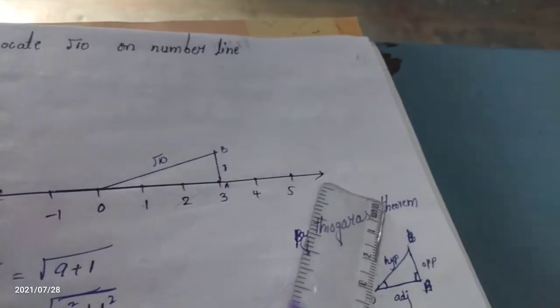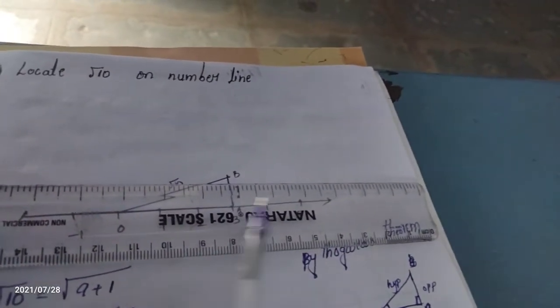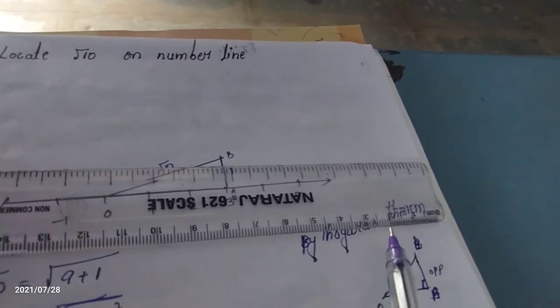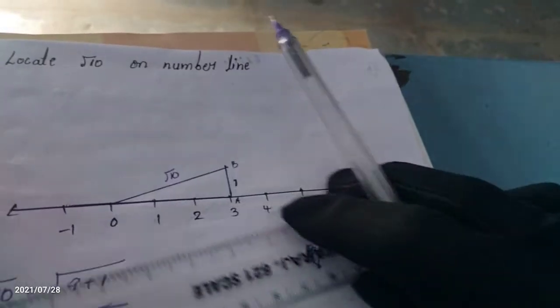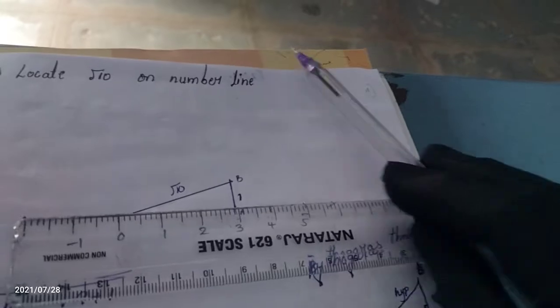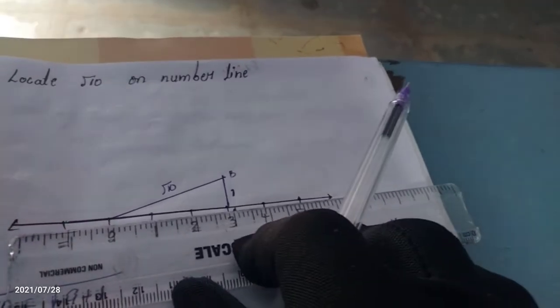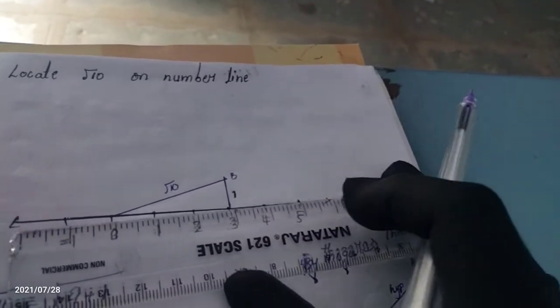Here, turn the scale from this side. Now here is a larger distance. From here to here is a larger distance compared to here. So you have to use the scale. By using this scale, I put it here. You have to draw one line with the help of this scale. After drawing, you have to point the equal distances.